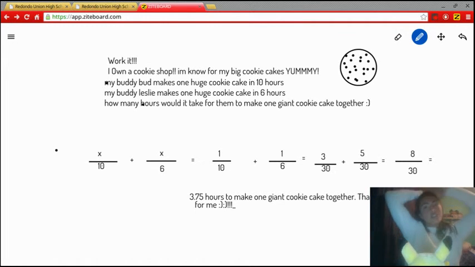So now, in my little manager mind, I'm thinking, how in the world can I make more? How could I have faster production to make more cookie cakes? And I have an idea. I wonder, if I put them together to work, how many hours would that take? Well, there's an equation for that. So, you already know, our x's represent the number of cookies. See? The x is, okay, embrace that. Let's say the number,